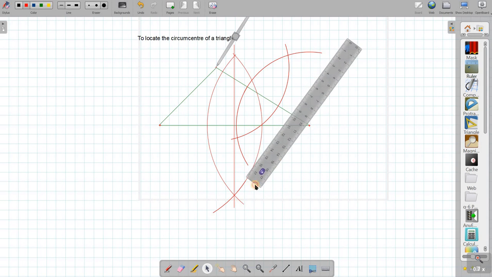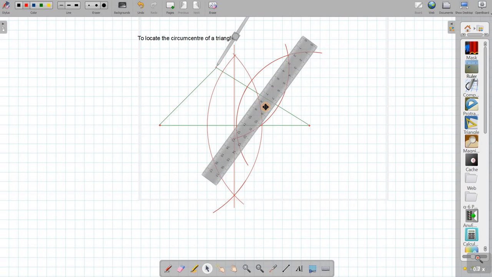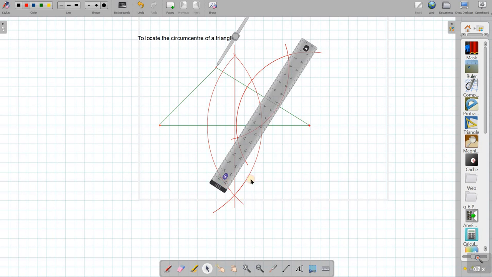So for that I'm just keeping it here like this. I'll take it over to here. Here it is okay, but on this side it is not okay. I'll keep it here like this. But it is not well aligned. I'll have to keep it exactly at this point, the point of intersection. Here it is a little above it. Yeah, now it is okay. Here also it is just on the point.